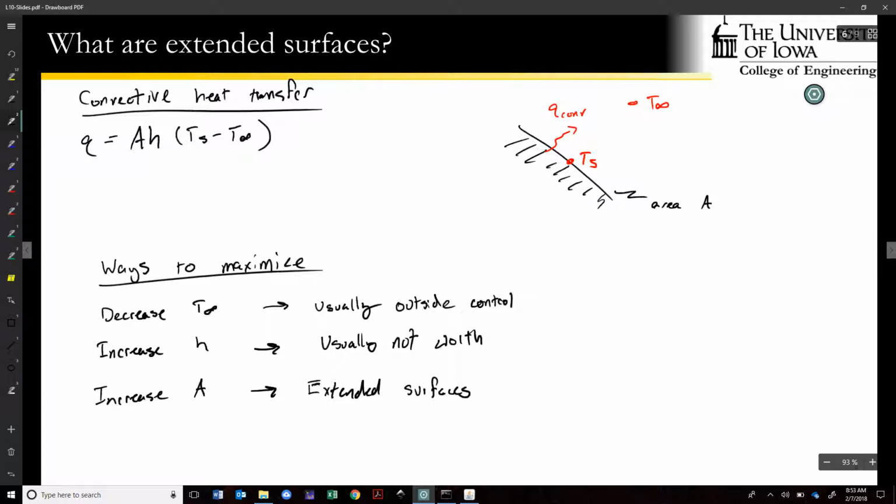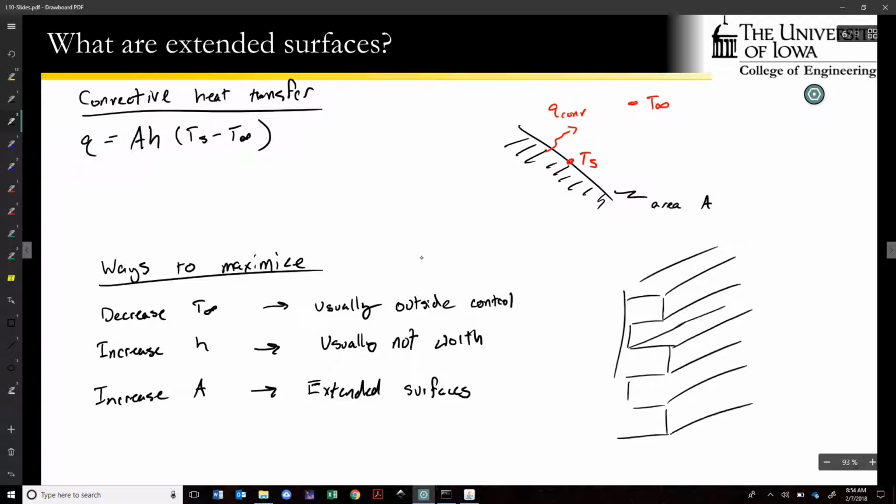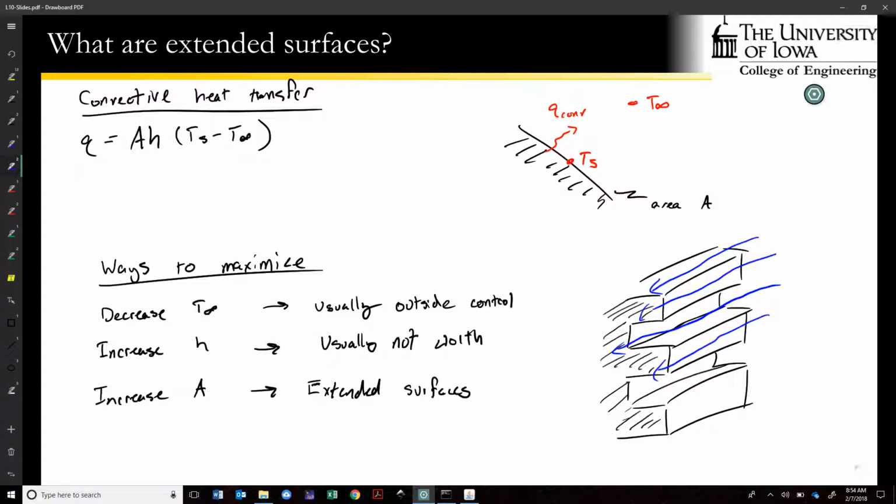So if we can replace a surface like this with one that crams a lot more surface area into the same sort of machinery, for example, if that's our solid surface, then by encouraging airflow across these stacked surface areas,